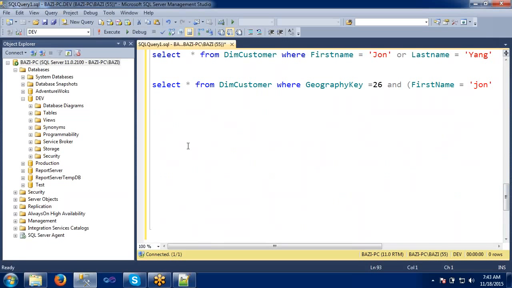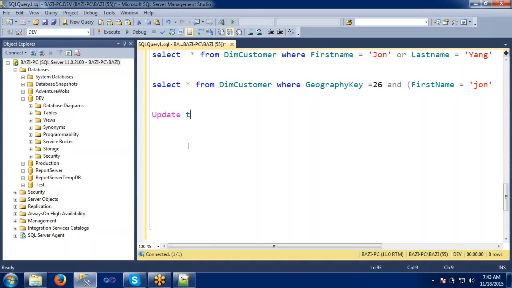So what actually will SQL update do? Generally we have one table, and in that table, I just want to update something. My first name was wrong, or the last name is something wrong. I just want to replace or update that, correct that value or correct that name. So how can you achieve that? By using the update statement. The update statement is used to update the existing records in a table.